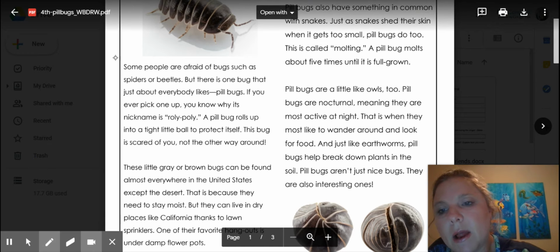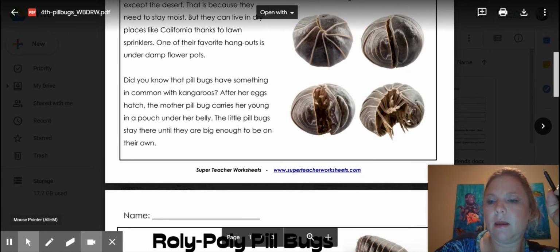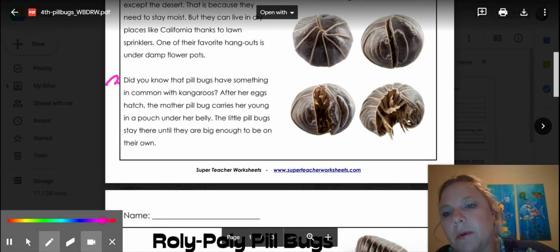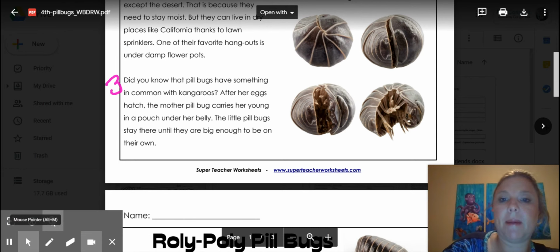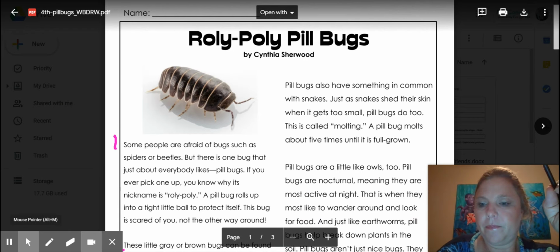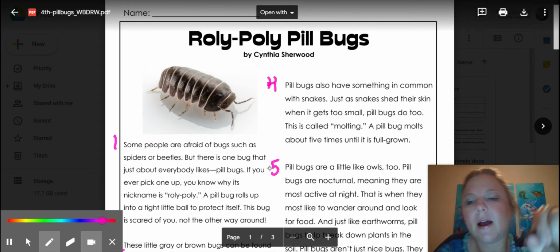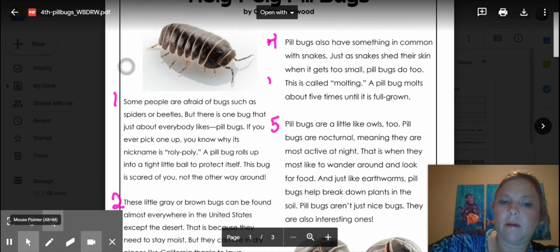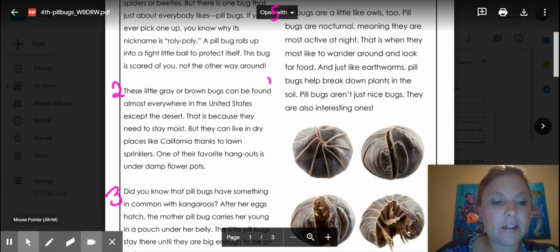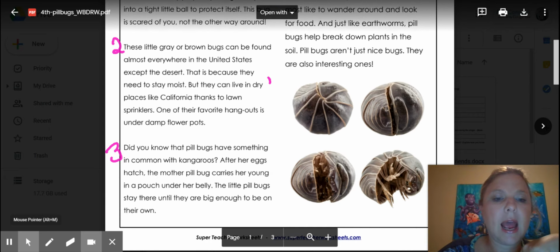Paragraph number 1, paragraph number 2. I'm going to move it up. Paragraph number 3. I get to move it back down. Paragraph number 4. Paragraph number 5. And that's it. And now I love this picture because you can see what the roly-poly does